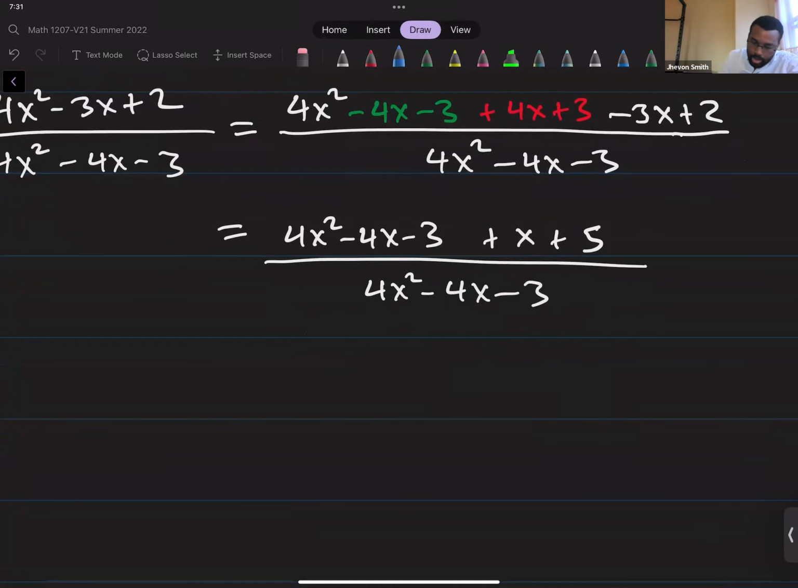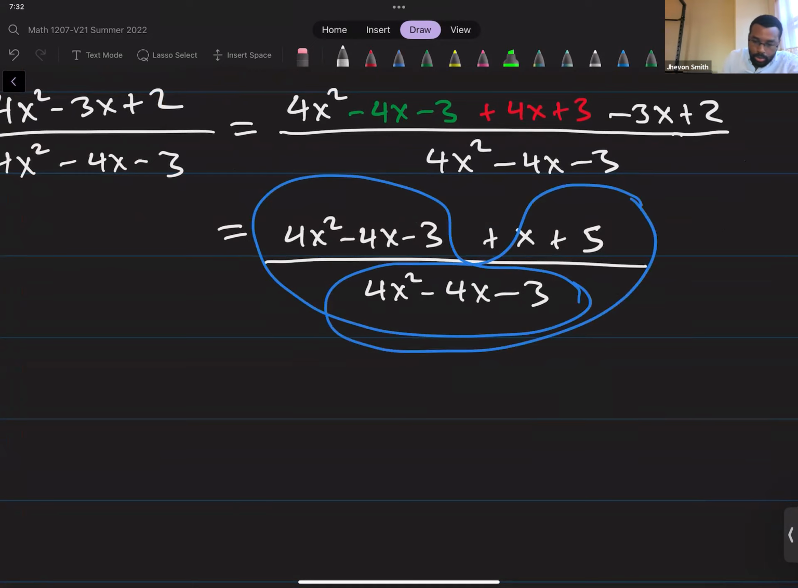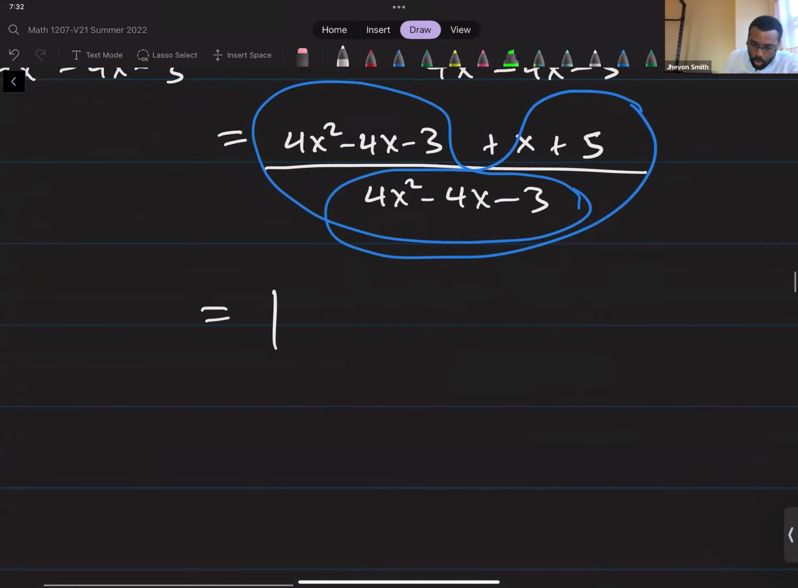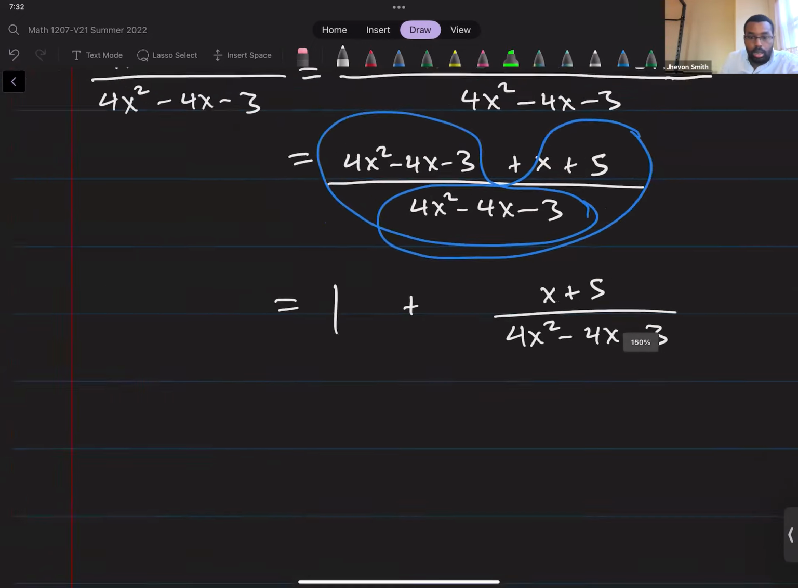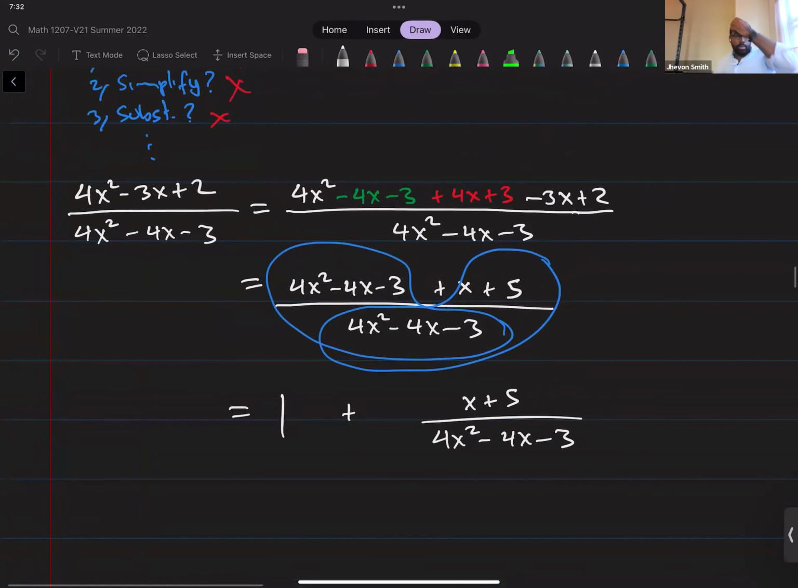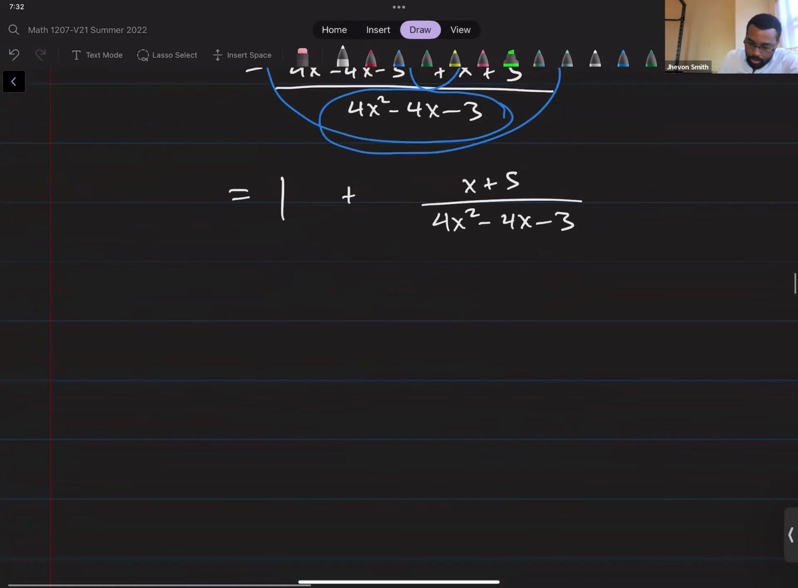Now, of course, I can split this fraction across these two. And so I'm going to end up with 1 plus x plus 5 over that 4x squared minus 4x minus 3. Okay, which is now a proper fraction. In fact, this I can realize is just x plus 5 over,